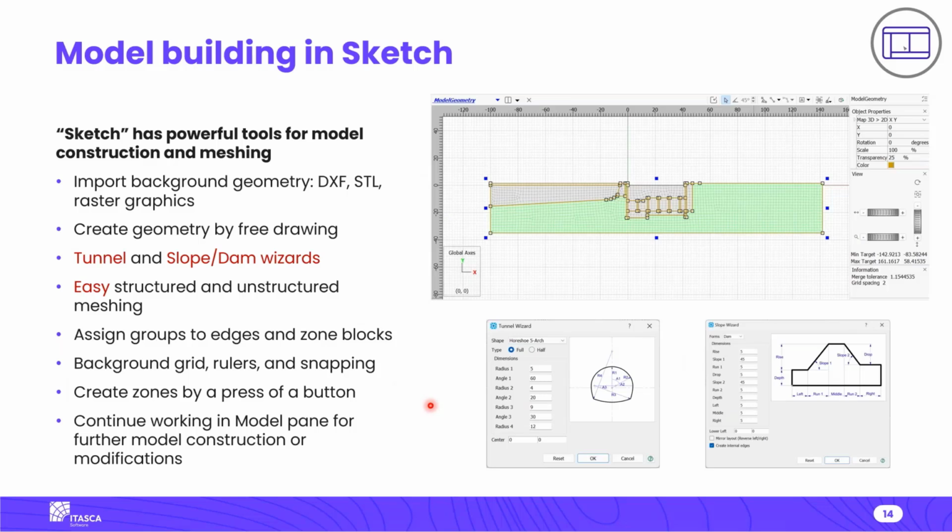We also did quite a lot of improvements in building models. And now a model is easy to build with a tool that we call Sketch. So essentially you sketch your model first in this tool, and then you generate zones out of the sketched model. So Sketch has powerful tools for model construction and meshing. And here you can see an example of how a model can be built in Sketch with a variety of drawing tools that are available in this